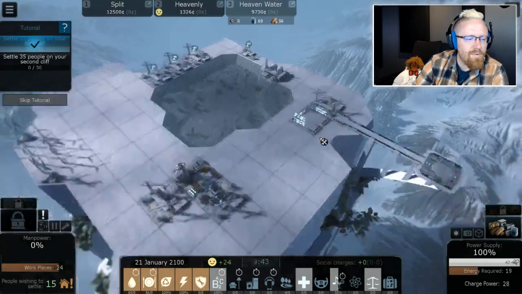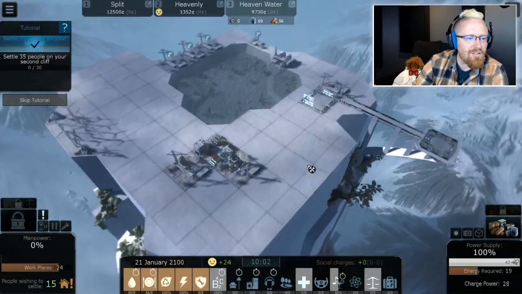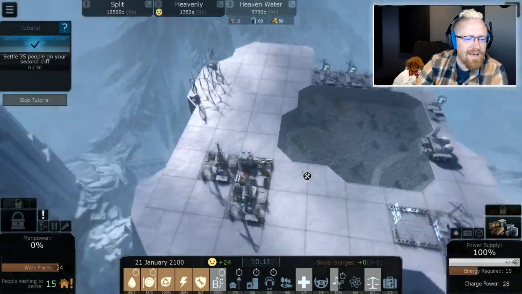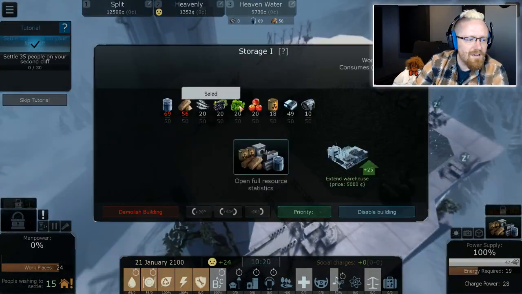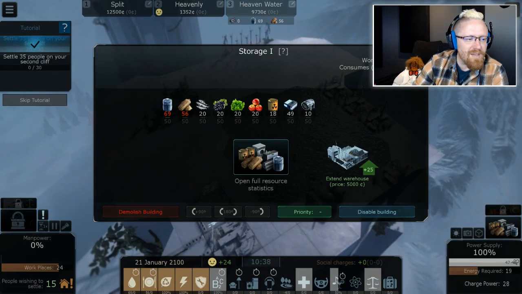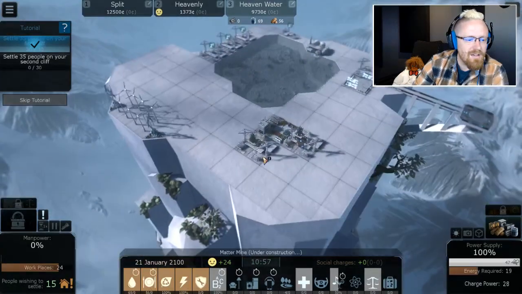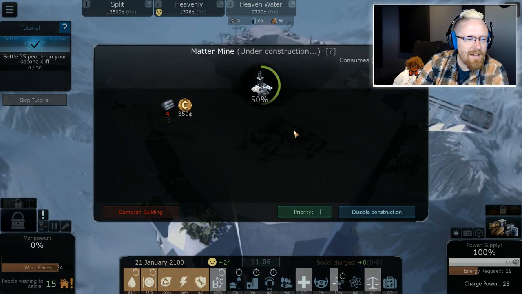Well, see, will my matter mines even work before I've settled people here? Probably not. Have I just screwed myself over here because I don't have enough matter? Or is there some way for me to bring matter from the other place? Because it looks like I'm out. So maybe I've just...